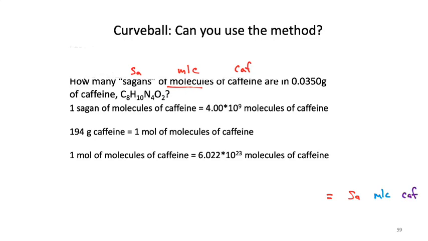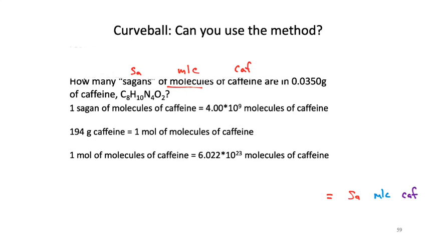What am I given to start with? Okay. This becomes kind of a challenging question. How many of you knew what a Sagan was? Okay, nobody. So what did we have to give you? What a Sagan was. So for those of you saying, well, what we started with was 0.350 grams of caffeine,